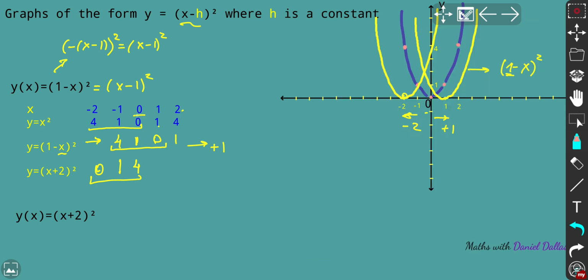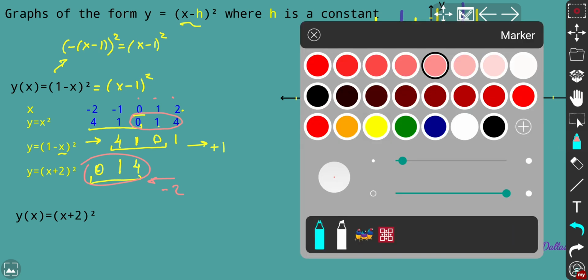So let's take red. So now this pattern that was corresponding to those values is now shifted how much? 2 units to the left. So 4 shifted to here. So that means that was the shift of negative 2 units, or 2 units to the left. So that's why we proved that every single value, for every single point on the basic parabola, was shifted by 2 units. Okay, even if you take this point, for example, it was shifted also 2 units to the left. So that is what is called